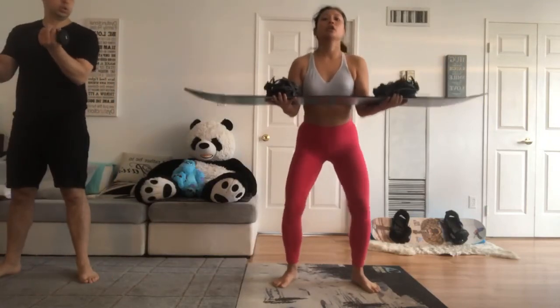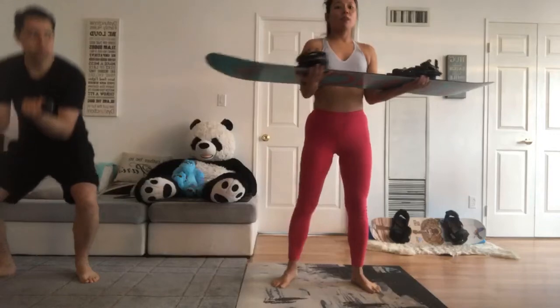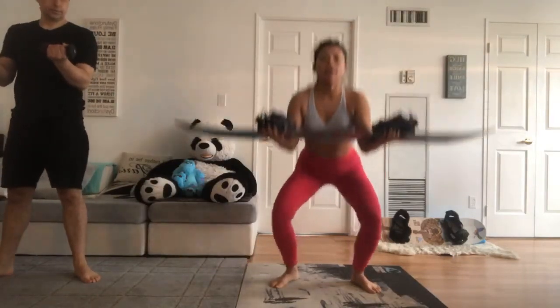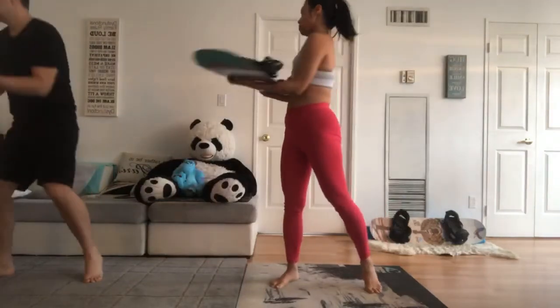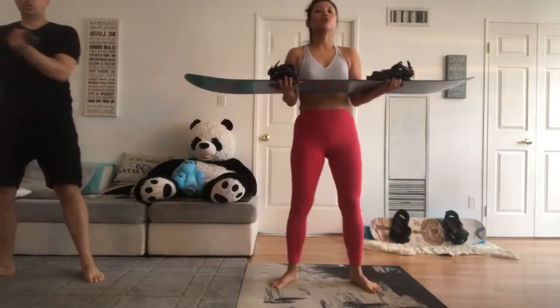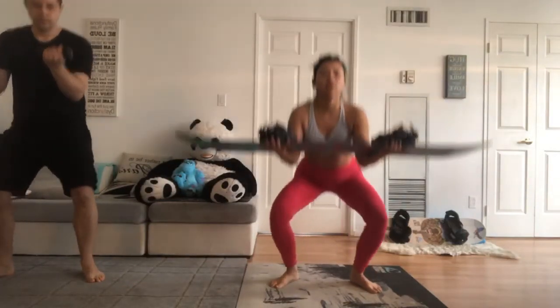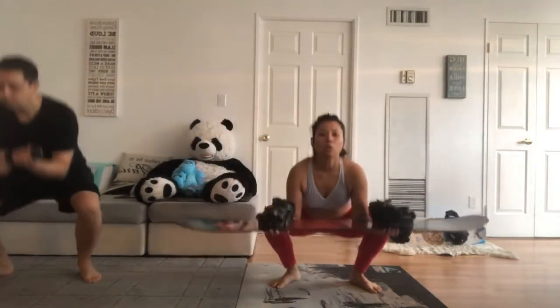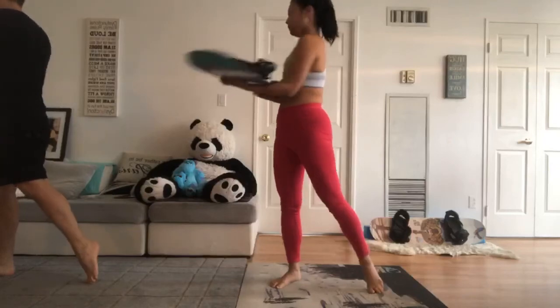What we're gonna do, we're gonna go into a squat. As we come up, we're gonna rotate. We're gonna work on that trunk rotation, and then come back down, and then rotate to the other side. Okay, we're gonna do 5 on each side. Ready? One,